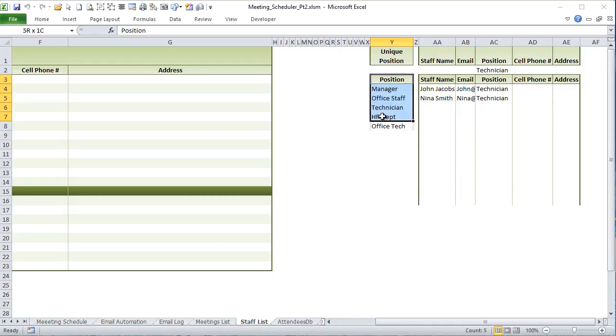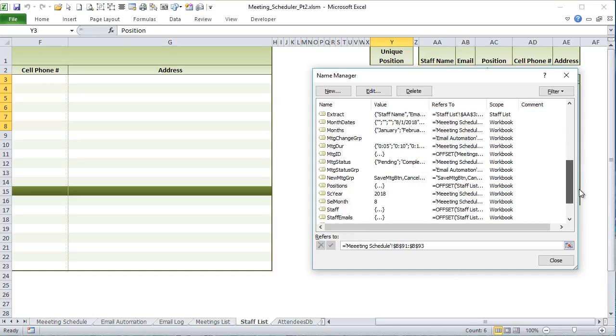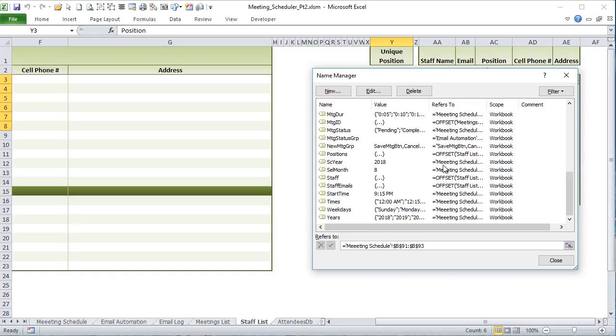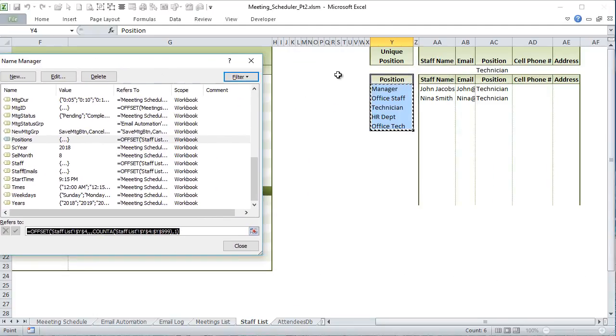And then what we have done is we've given it a dynamic named range under the formulas here, under the name manager. Take a look, and we have, I believe it's staff position or positions here, and what we've done is given positions a dynamic named range. What that does is it's going to basically say starting at Y4 all the way through Y99, it's going to count those, and say, okay, how many are here? And that's going to be our last row. That is an offset count A